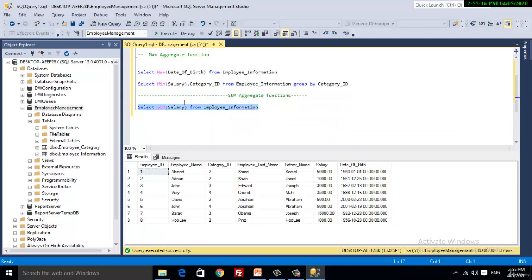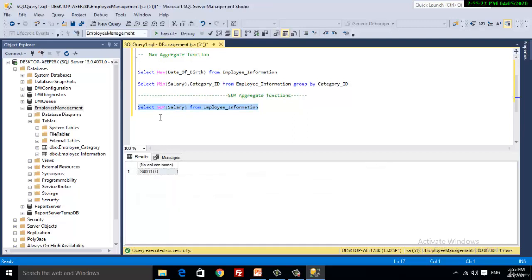Let's execute this query and see what comes as the result. Okay, upon execution of this query, SQL Server calculated the sum of all values available in column salary.